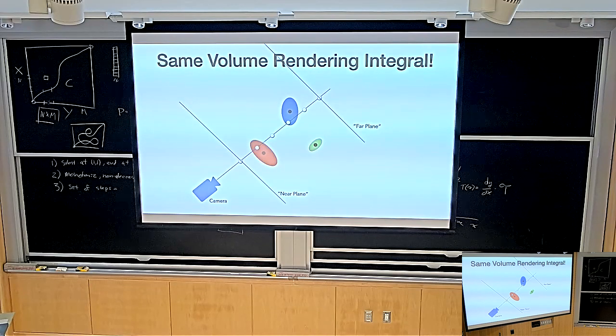And in fact, would you expect this to be fast or slow? What do you think? Yes? I would think it's slow, because you would just evaluate each Gaussian naively. You would take all the Gaussians. Let's say you had 1 million Gaussians in space, and at every point along the ray, you would have to evaluate all 1 million Gaussians. That would, of course, be really slow.